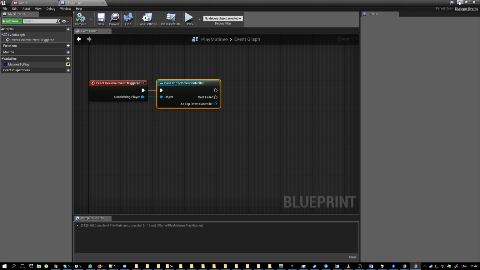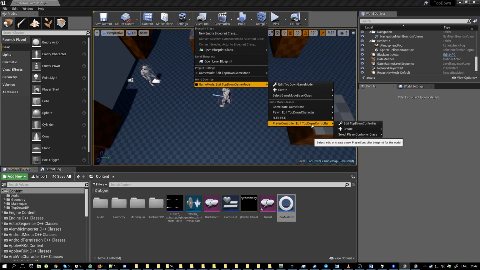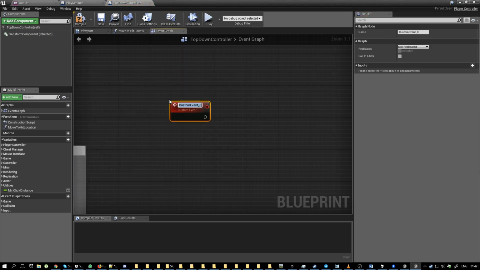So what we do is go to our controller, create an event called PlayMatinee in level, and write some simple logic.